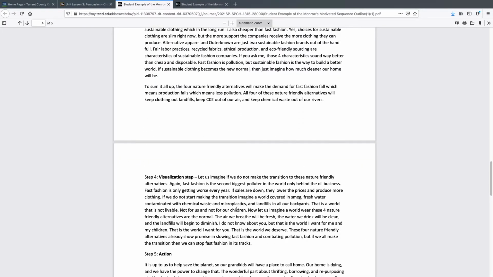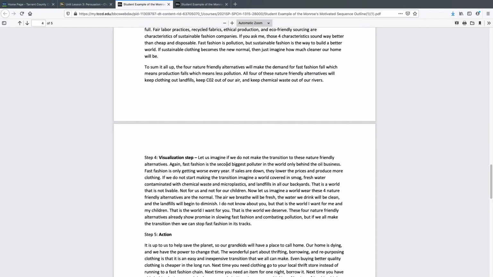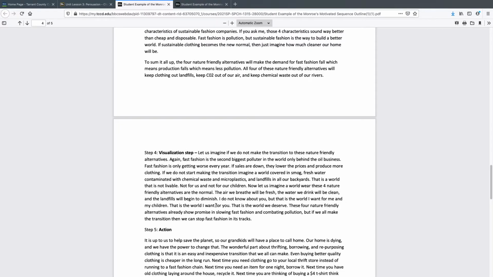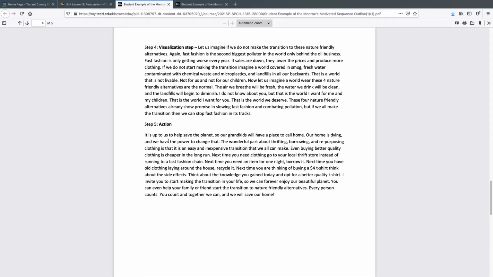Now, step 4 is the visualization step. This is where the presenter conveys information about, hey, if you adopt my solution, this is what it's going to look like. This is how you're going to be helping the world, the earth. And at the end, step 5 gives simple things that they can do to start making that change. This is your last appeal. Make it strong, because this is your last chance to appeal to